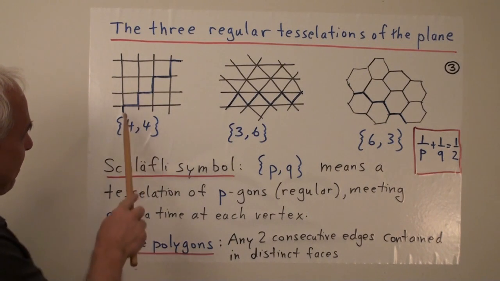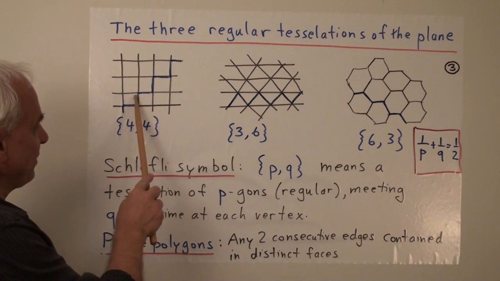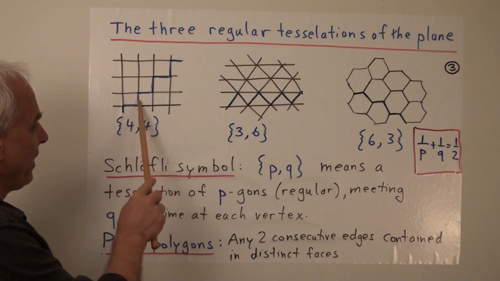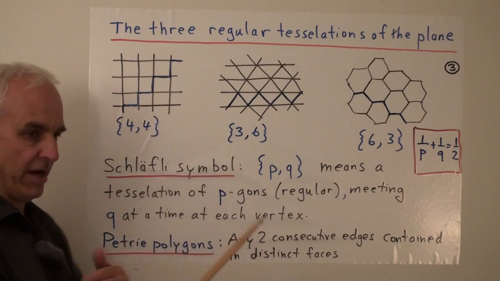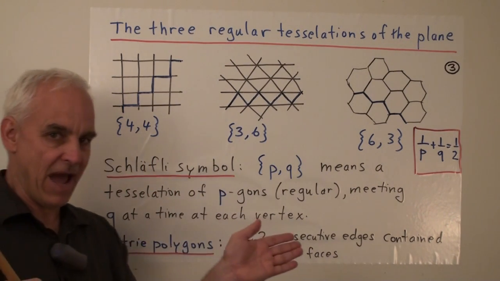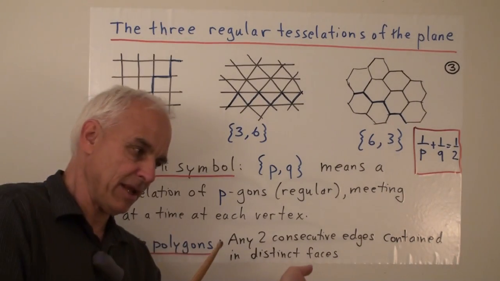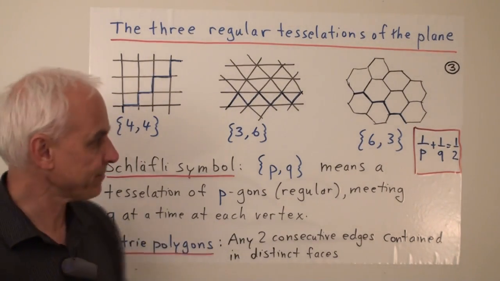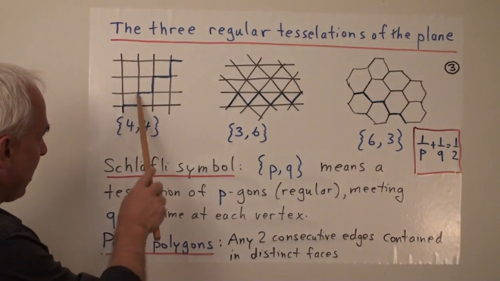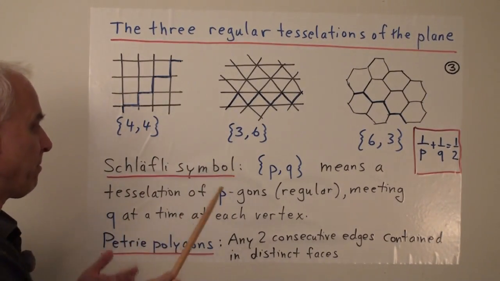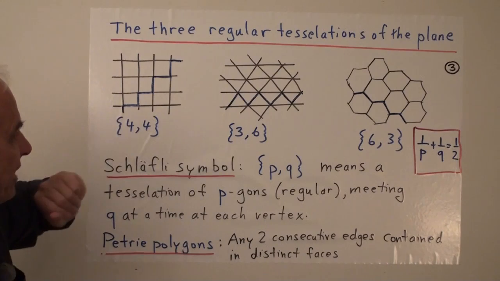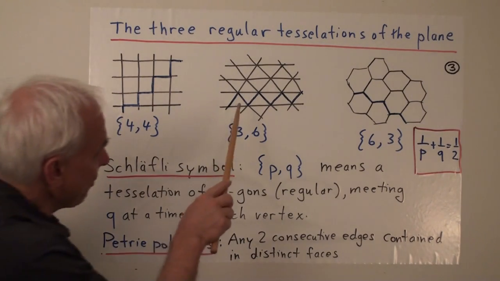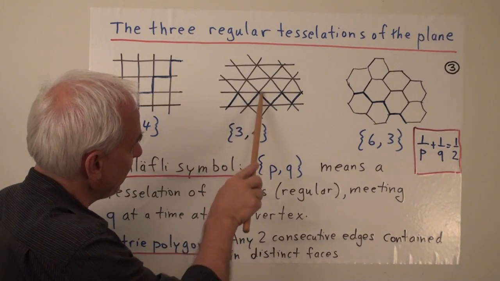So what that effectively means is that if we've turned left at this point to go from here to here, then at the next stage we have to turn right. And if there are different paths to take, we either go extremely left, like immediate left, or we go extremely right. And if we carry on like that, we get this zigzag path, and that's a Petrie polygon for this tessellation. Here, a Petrie polygon looks like this pattern here.